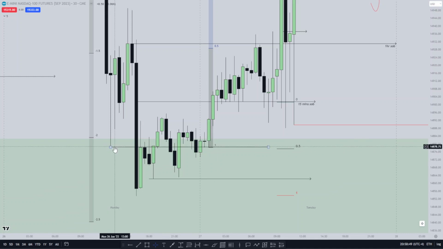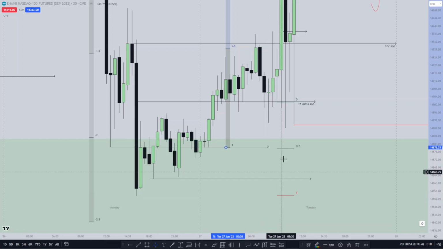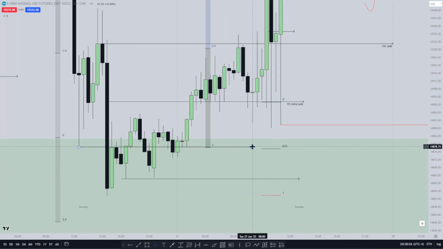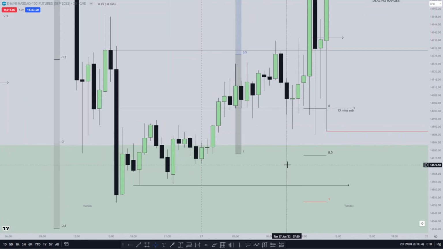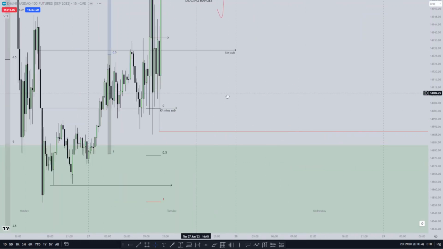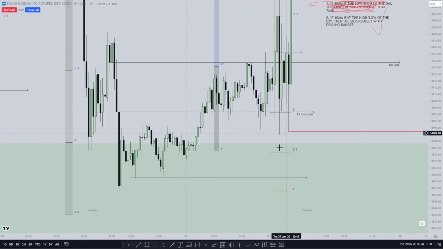So do you see how this low right here and this low aligns with this daily range low? I was looking at that and it caught my attention because this low was the low that was broken out. But anyway, just for being safe overall, if you want, you could put your stop loss down here. So this red is my stop loss, but me personally, because of my rules, I'll put my stop loss right here. If price takes me out, I'm risking